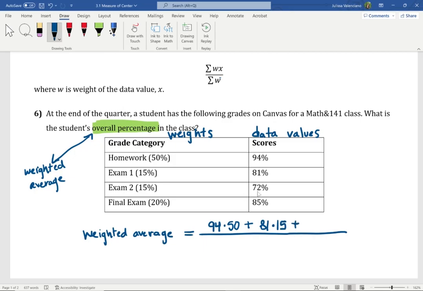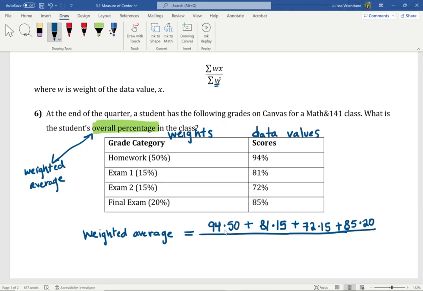Plus, the data value 72 times its weight, which is 15. The last one we have is 85 times 20. Now, it doesn't matter if you take the weight times the data value or the data value times its weight. It doesn't matter if you do 94 times 50 or 50 times 94.